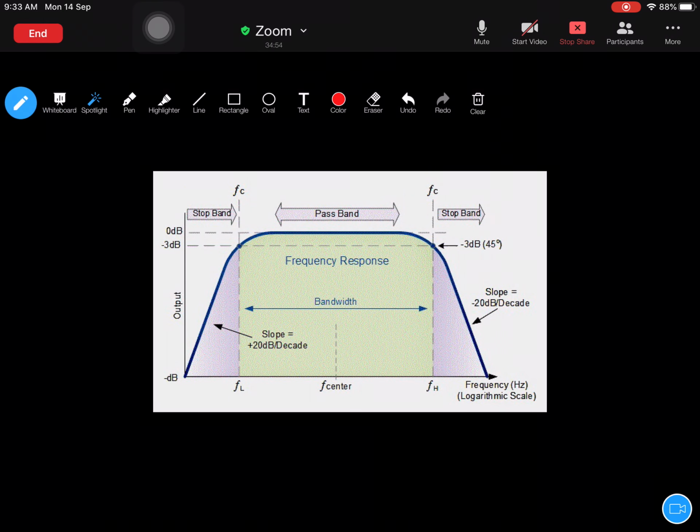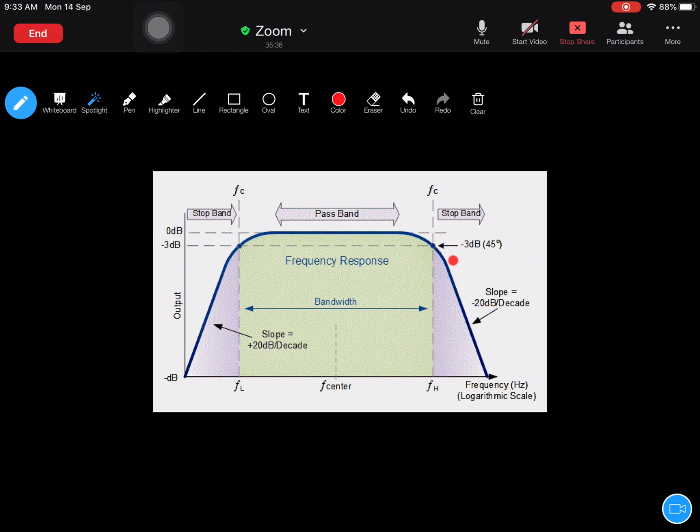Those points are taken below half the maximum power gain. That value is taken as the lowest cutoff frequency. Okay, beyond that you should not operate. If you operate, you will not get enough amplification, which is not at all desirable for an amplifier circuit. So remember, at this point, the power gain will be half the maximum power gain value at minus 3 dB, and here also. Okay, FL and FH, two frequencies, minus 3 dB indicates half the power gain values.